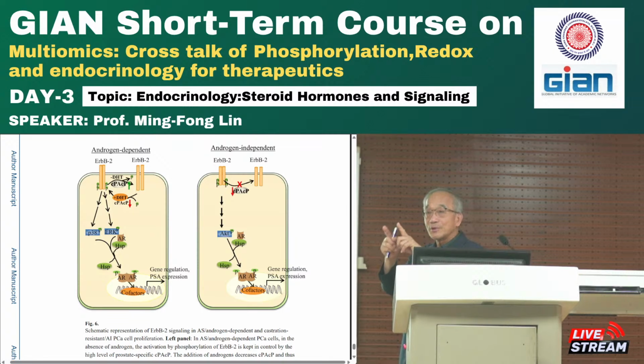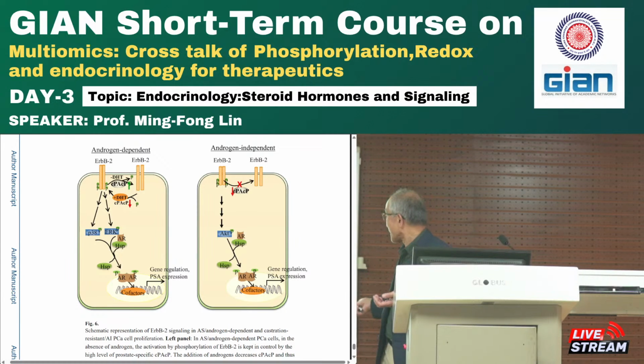They both will be phosphorylated. Okay. Then the antibody can recognize both tyrosine phosphorylations at the same time. So then in the androgen independent cell, because the phosphatase decreases, ERB2 is hyperphosphorylated, then they transduce the signal going downstream, the cell growth